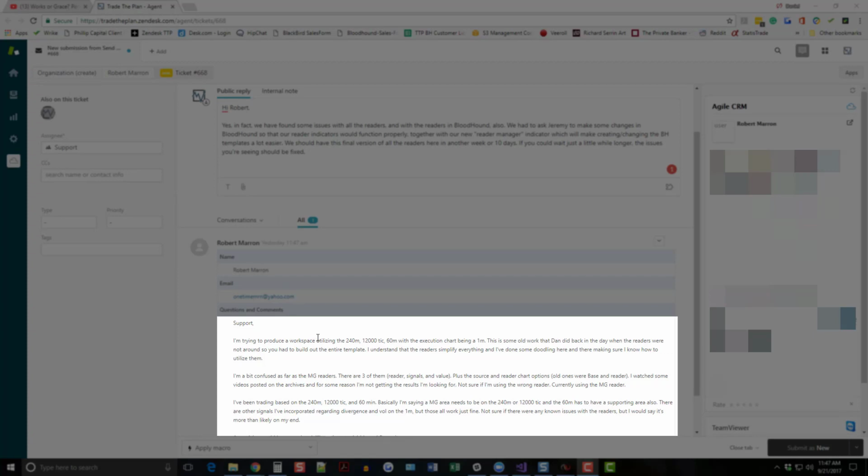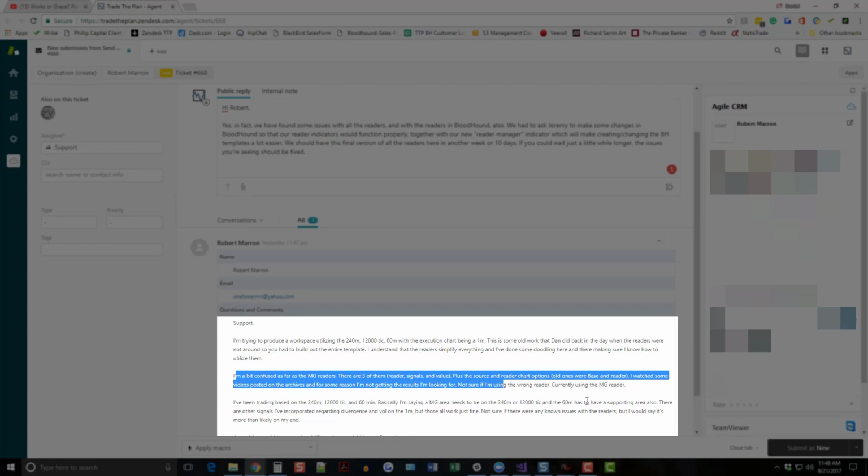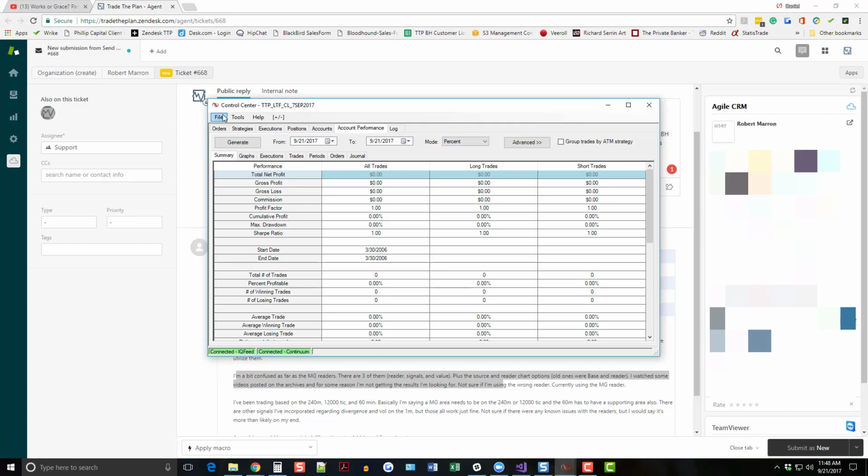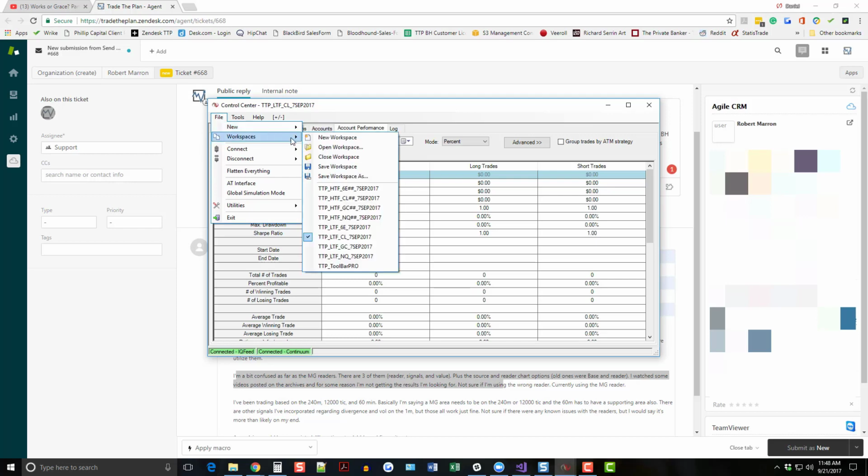Okay, Robert has a question here about making a workspace using a 240-minute chart, a 12,000 tick, and a 60-minute, with the execution chart being on the 1 minute. He's trying to use the readers, and it's a bit confusing, so I'm going to build one from scratch right now. So I'm going to open a new workspace,